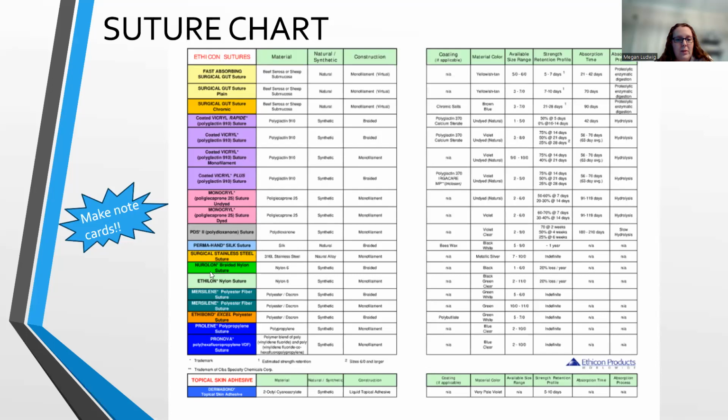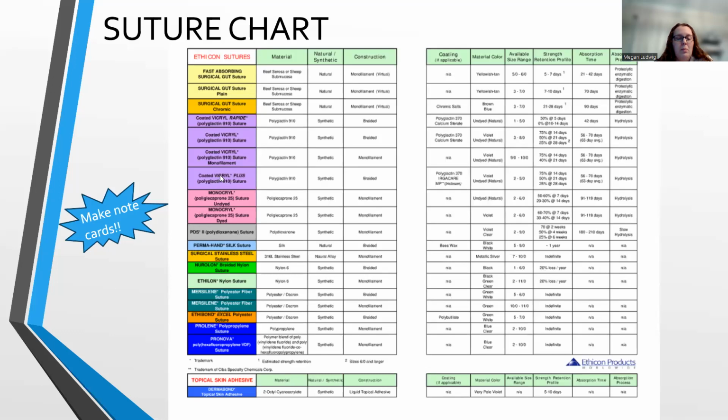I know that's a lot to say. There's some other names, like Prolene is also known as polypropylene. Sometimes the surgical gut, like right here, is called chromic or plain gut. Two different types there. PDS is polydioxanone. So you absolutely must know both names because what you're going to see on your certification exam